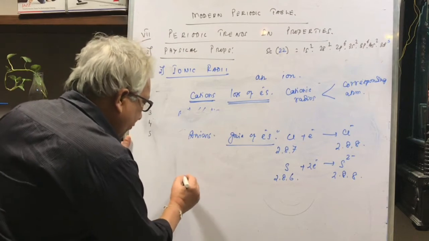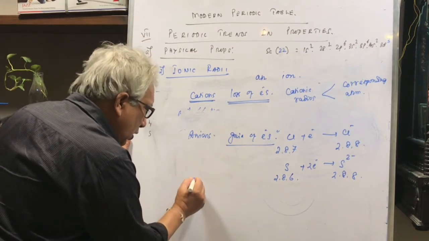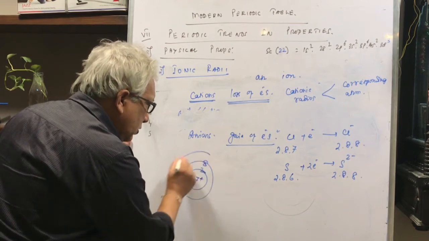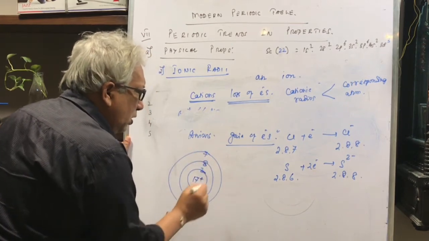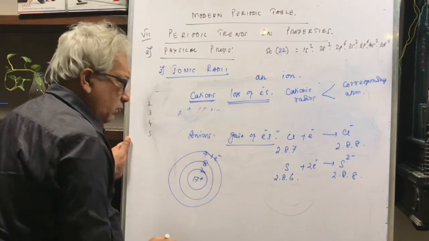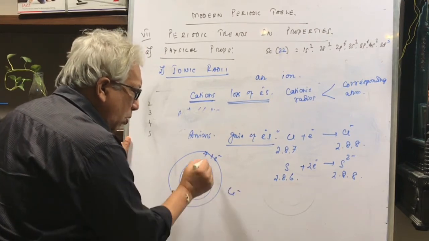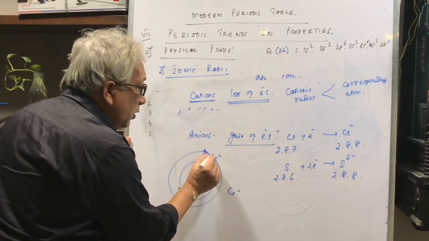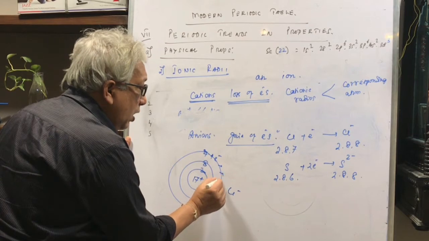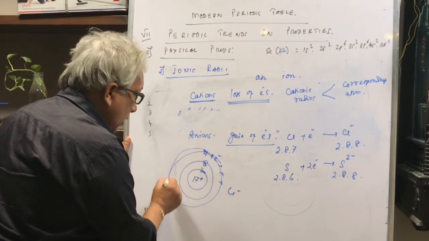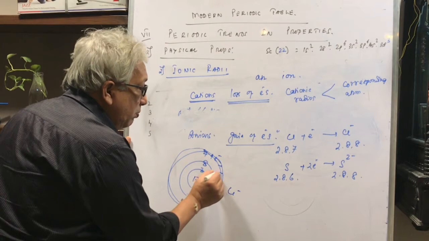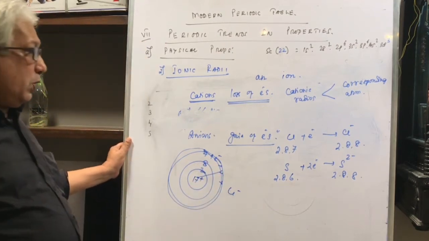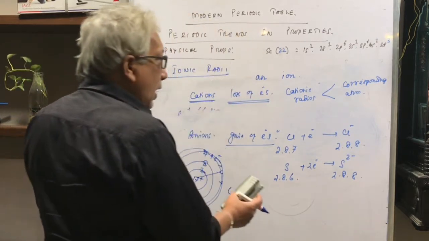So you can think of it like this. I am talking in terms of chlorine. 17 protons were there, 2 electrons, 8 electrons, and here there were 7 electrons. Now what happened? 1 more electron has entered when it formed Cl minus. The moment that has happened, these electrons go a little away, and therefore there will be slight enlargement of the outermost shell, and therefore this distance will become a little more, and therefore anions are slightly bigger than the corresponding atoms.